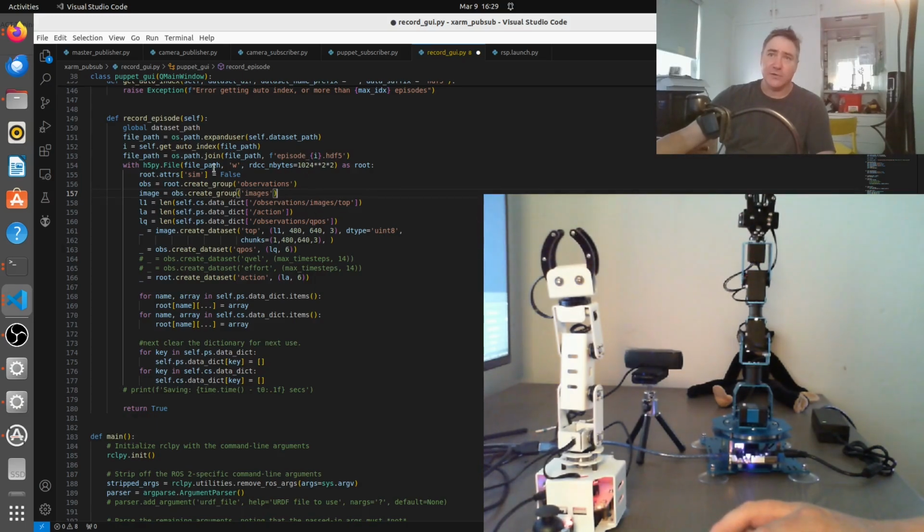H5PY file. Here we are. And this is exactly the same format that Tony Zhao uses for his action chunk transformers code. So where we do need to be familiar with the models is on the inputs and the outputs. Tony uses a fairly advanced transformer network, which sits on top of a convolutional neural network, and ResNet 18. And so